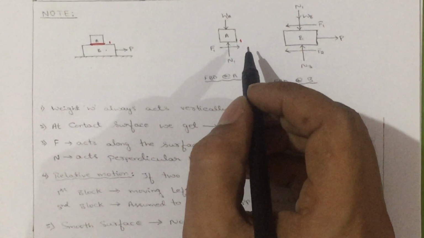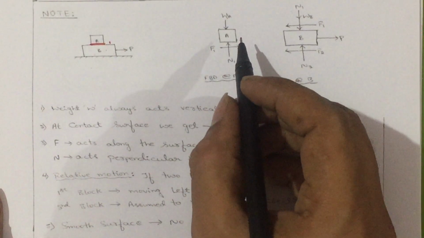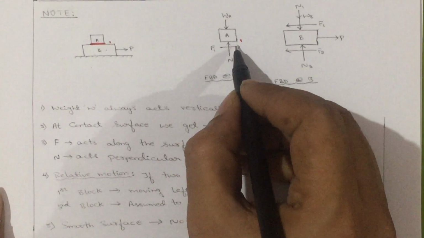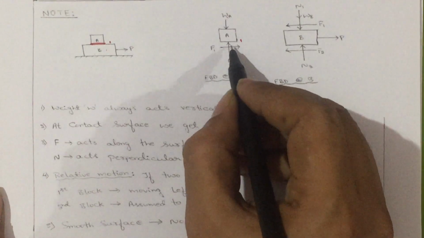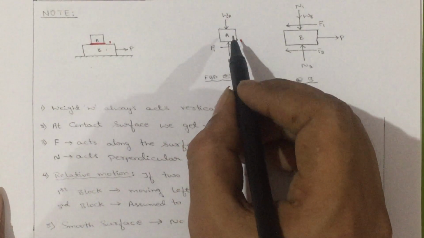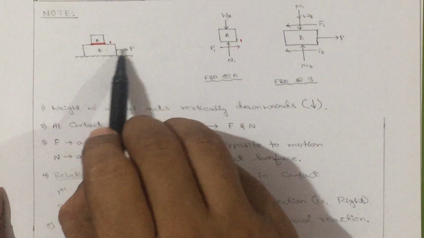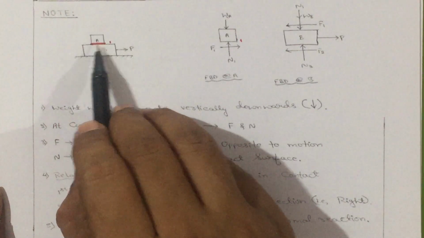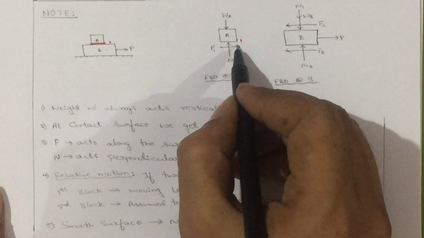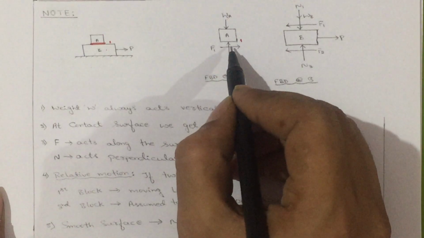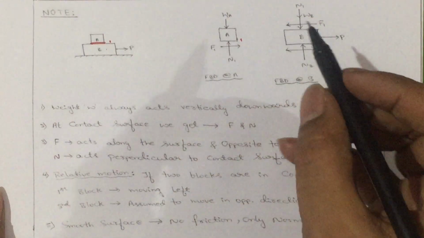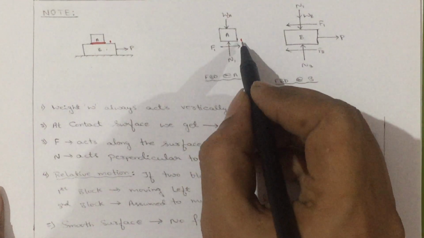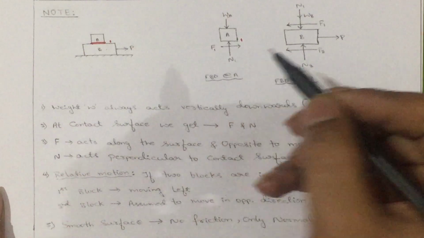So, at the contact surface, we always get frictional force and the normal reaction. Write one horizontal line and one vertical line, a parallel line and a perpendicular line. If B is moving rightward, then A will move leftward. If A is moving leftward, then the frictional force will act rightwards. So write the rightward direction, then the normal reaction will be perpendicular to the block. We wrote that one. Since it is the first contact surface, F1 and N1.